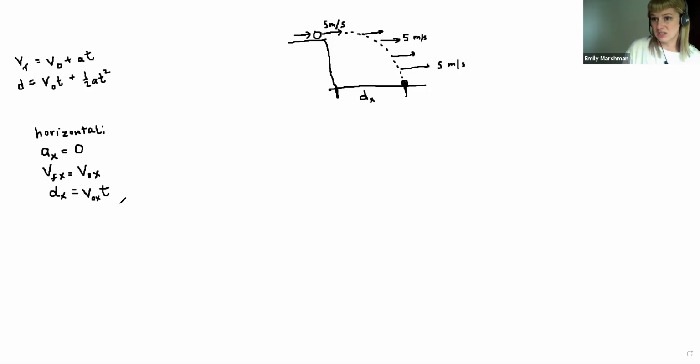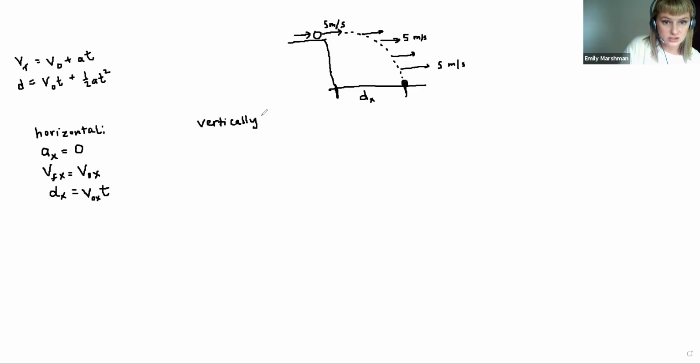The horizontal motion is pretty simple to analyze. I haven't done anything new here. I've just applied the kinematics equation to the horizontal direction, and the horizontal direction doesn't have any acceleration, so it simplifies a lot. Now vertically,